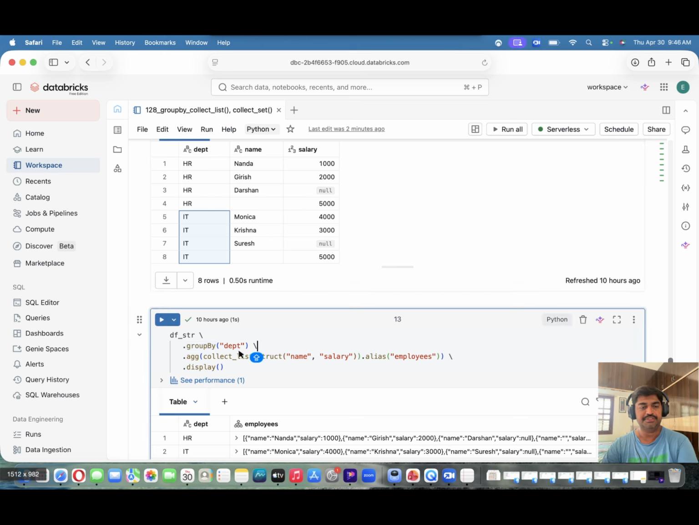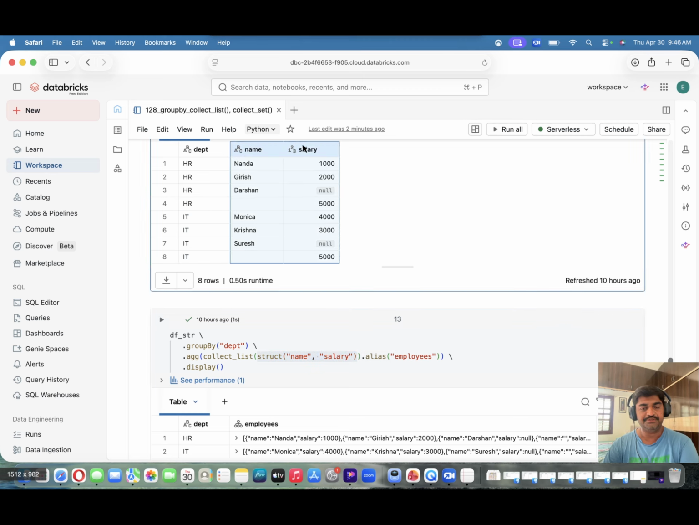Now on top of that, what I'm doing is aggregate, collect_list. We saw already what collect_list is. And inside that I'm using the struct function. I already made one video on how the struct function works, you can check in my PySpark playlist. So here, first we'll see what this struct of name comma salary is. Struct means it will convert these two columns into struct type. So name comma salary, and if you see the output here,